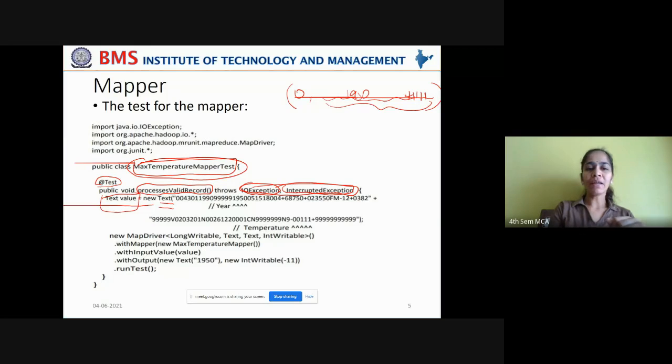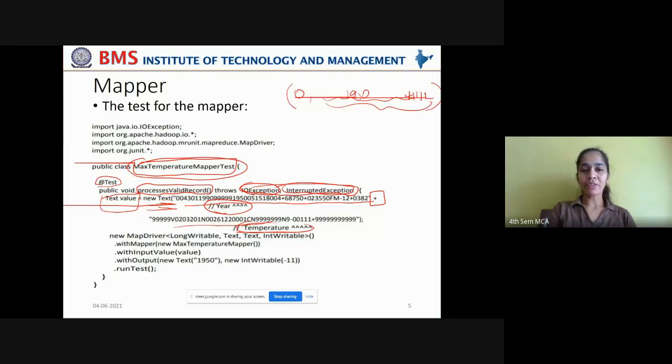So you are taking here a new instance of Text because you're giving an input split in the form of a text. You're creating a new instance of Text and taking the entire unstructured data which has the year part and the air temperature part, which is concatenated by using this symbol. Do not get confused why we have this in the middle.